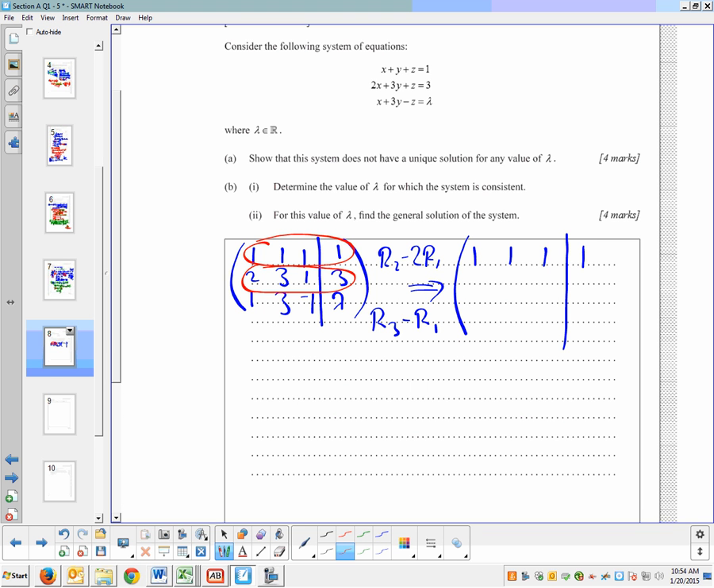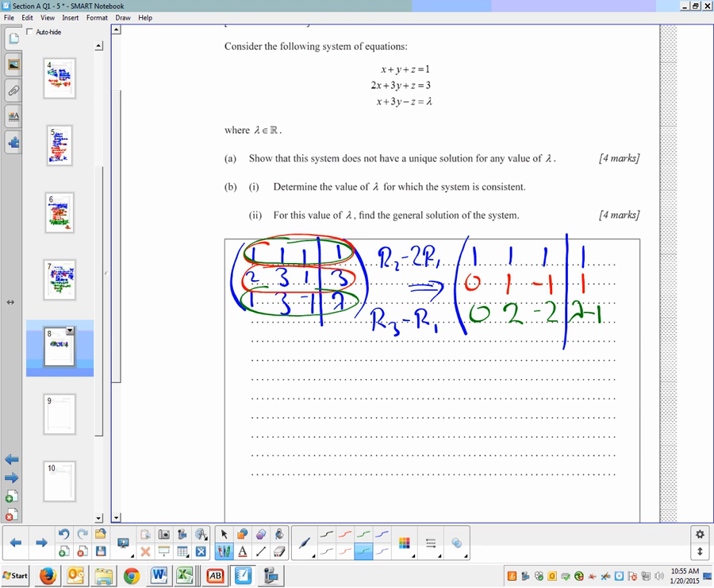So that's 2 minus 2 lots of 1 is 0. 3 minus 2 is 1. 1 minus 2 is minus 1, and 3 minus 2 is 1. And then do this one, minus 2 lots of that. No, minus 1 lot of that. 0, 2, minus 2,